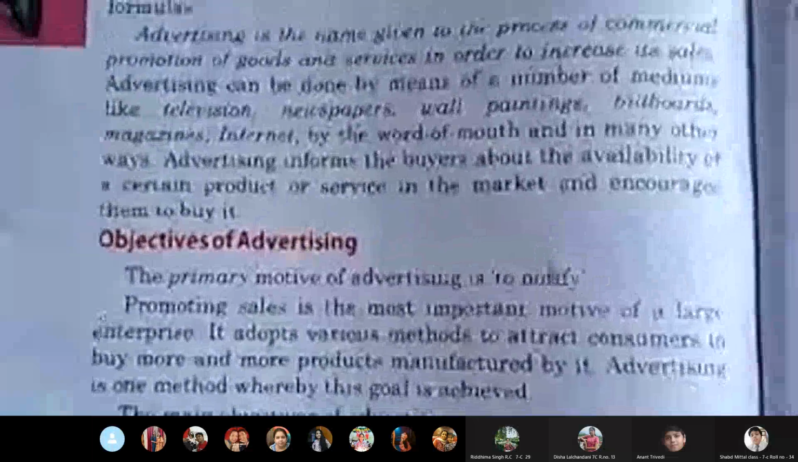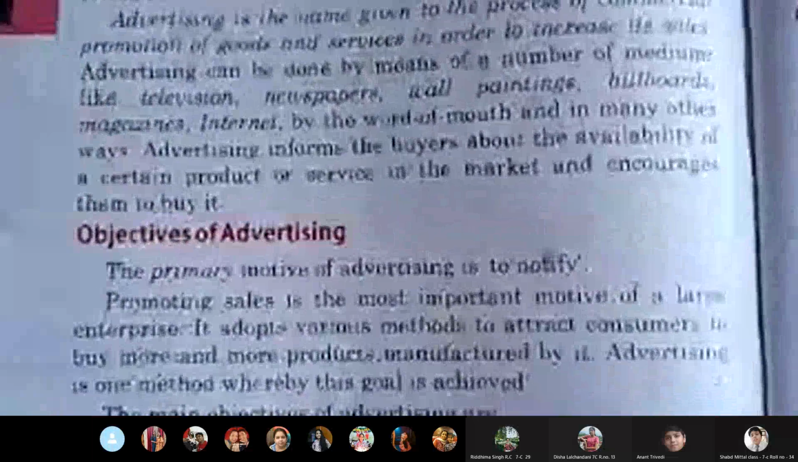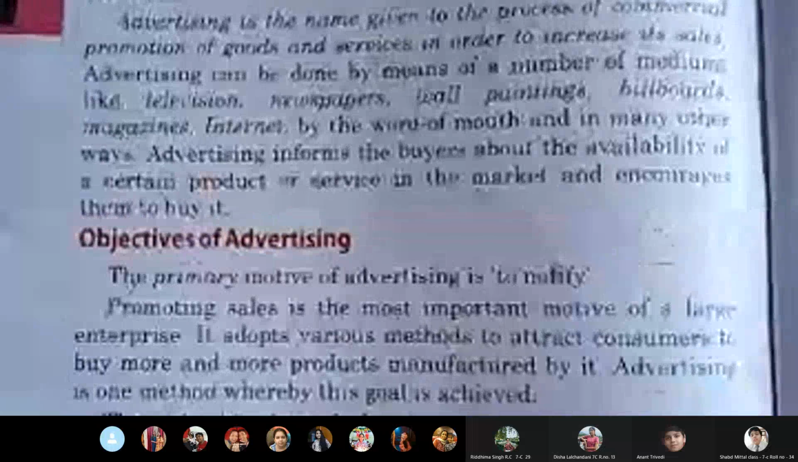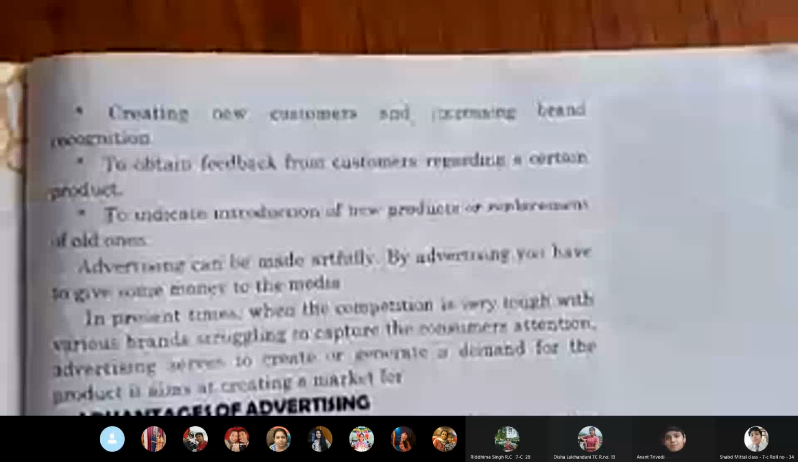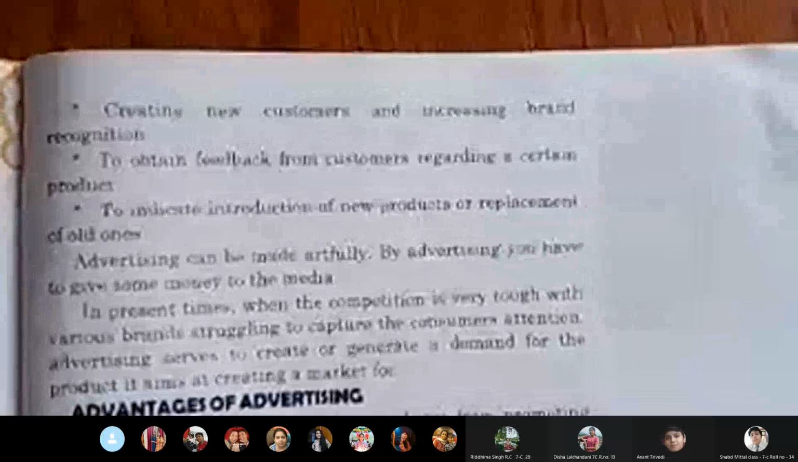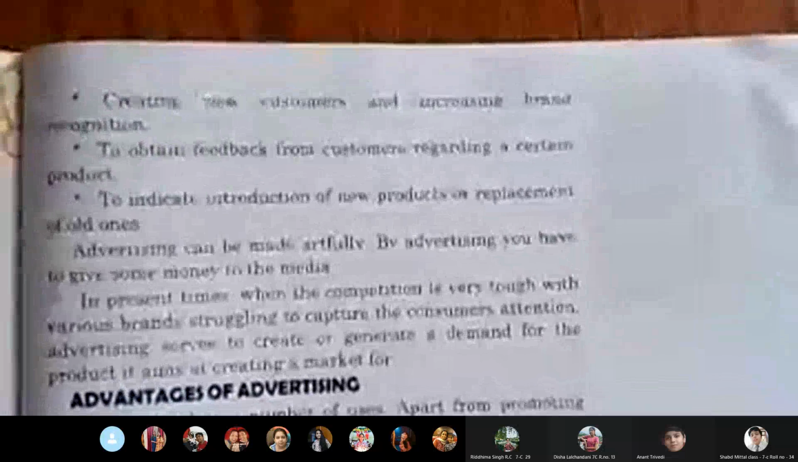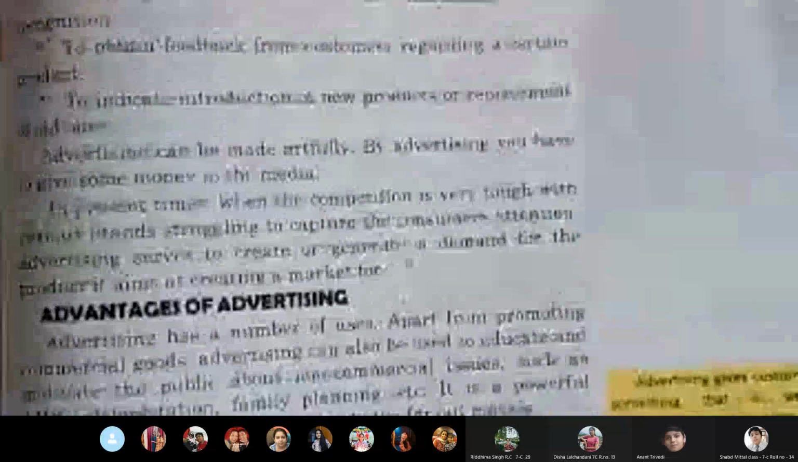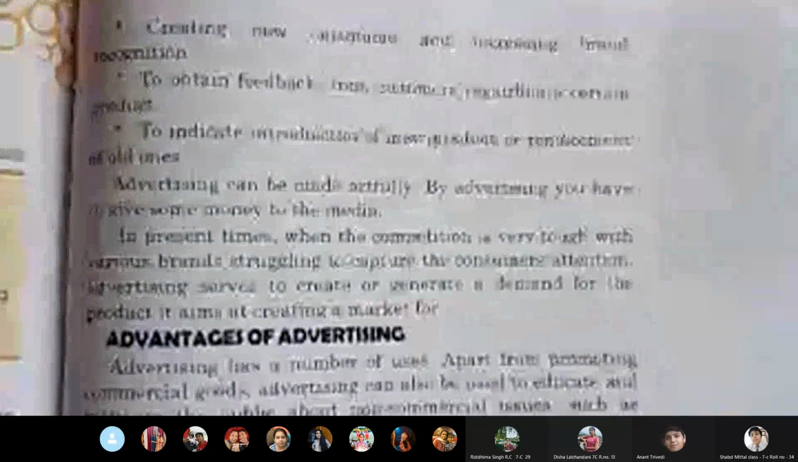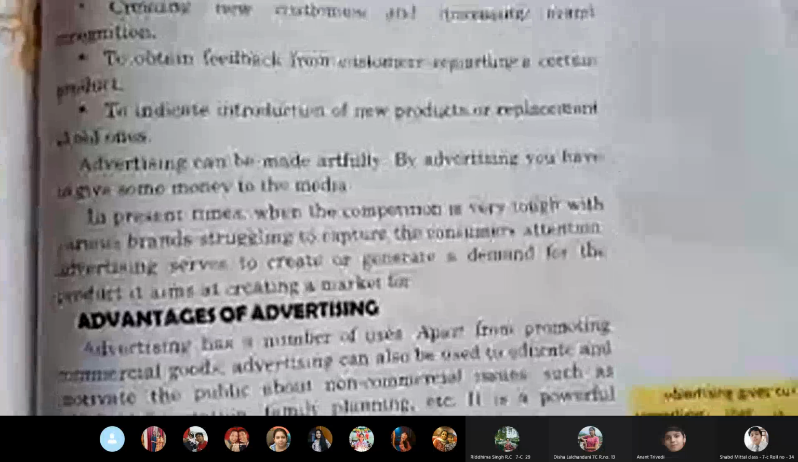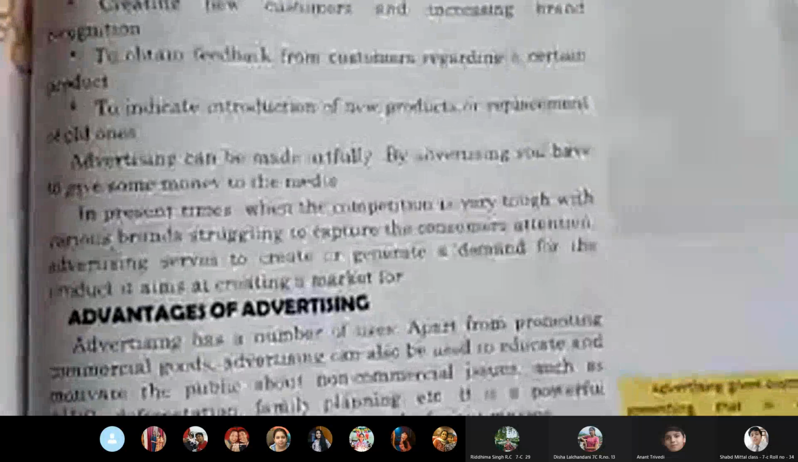By creating awareness among people. And how can awareness be created? It is through advertising. Then coming on to the next point, it says creating new customers and increasing brand recognition. Your advertising helps in creating new customers, and the brand name also gets very popular once you are aware of it. For example, Parle G, a biscuit which has a baby girl